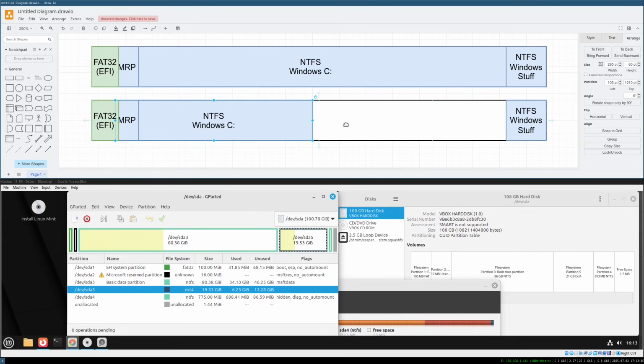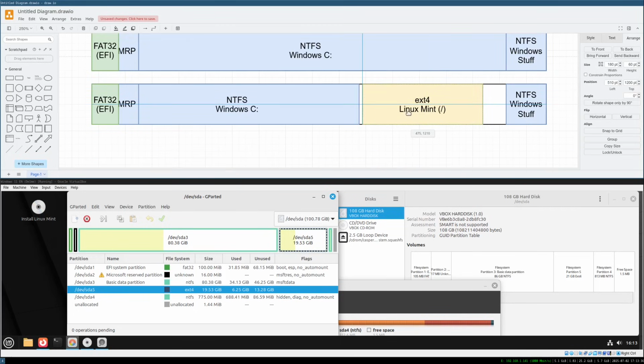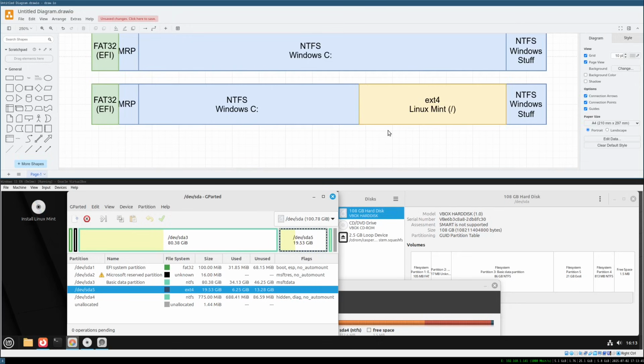partition. At least if you want to run Linux in production, I would recommend you to create a minimum of 100 gigabytes free space. So you shrink down this partition at this side. For example, something like this. And then in the next step, I put my Linux Mint partition in here, and then we can run Linux Mint next to Windows. So if we start up our computer, we can now decide which system we want to